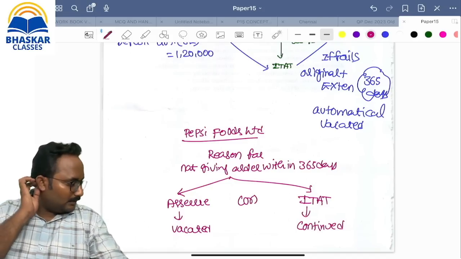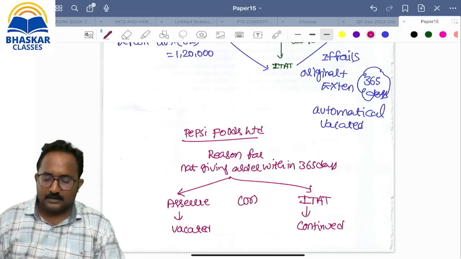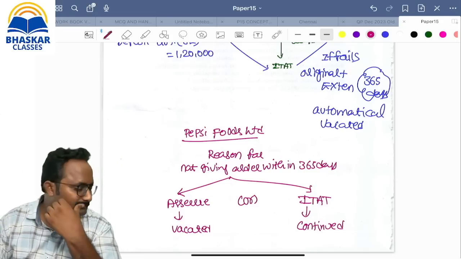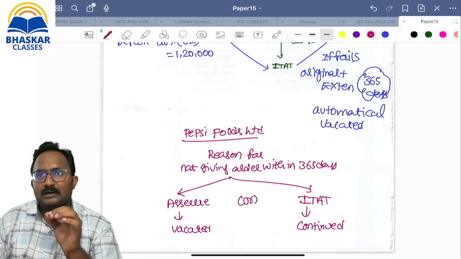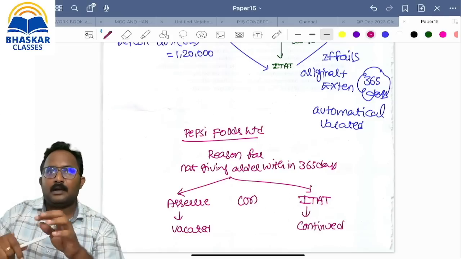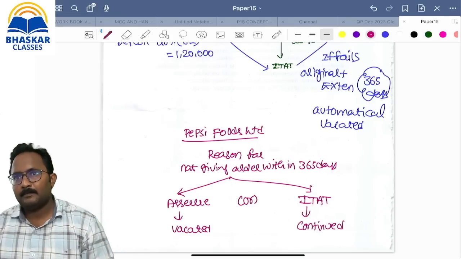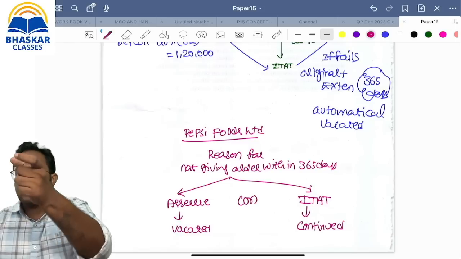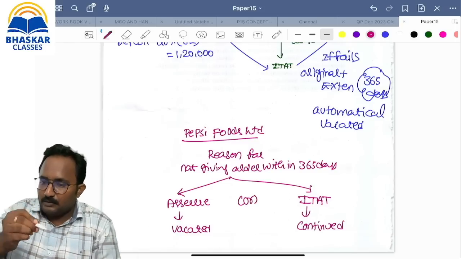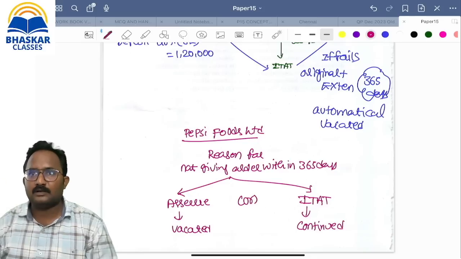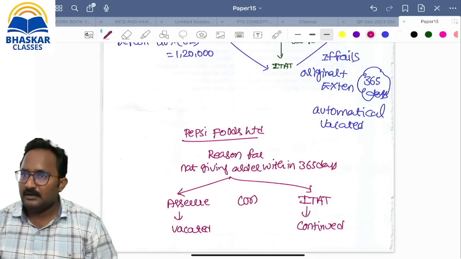Clear? Sai, please give me confirmation about your understanding. If you are unable to understand anything, read line by line, and after that also read line by line again. At some point, you will get the knowledge. You will get a trick also, how to write the question and how to understand it. Take a pencil or pen, underline, write, and read continuously. Then you will get an understanding of every concept.